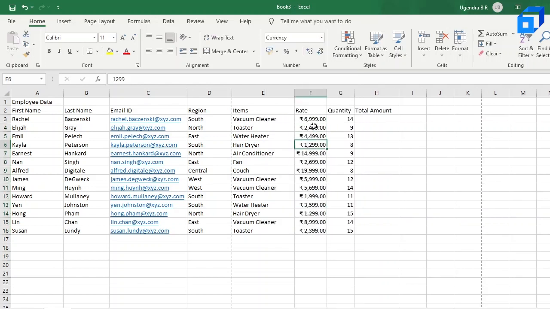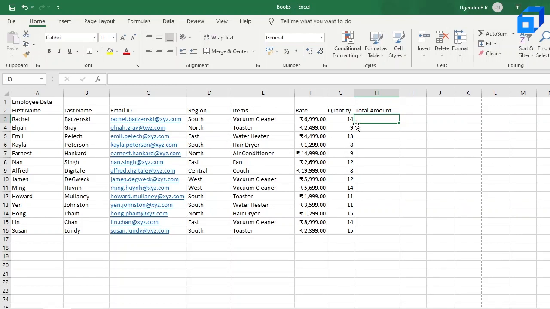So as you can see, the currency value has been added over here, and you can change the decimal points as well. Since there is no decimal point, you can just leave it like this. If you want more than 2 decimal points, you can change it over here. So you can increase the decimal places for this. You can see that another 0 has been added towards the right of the decimal point. We'll just remove it now. Yeah. Now you can see that rate has been formatted to currency. So yeah, this is the data set which we'll be working on.